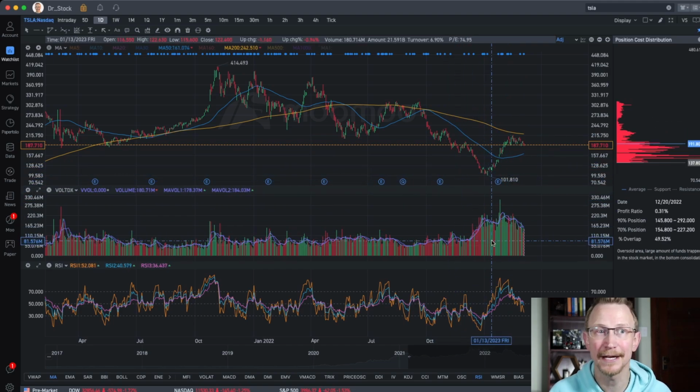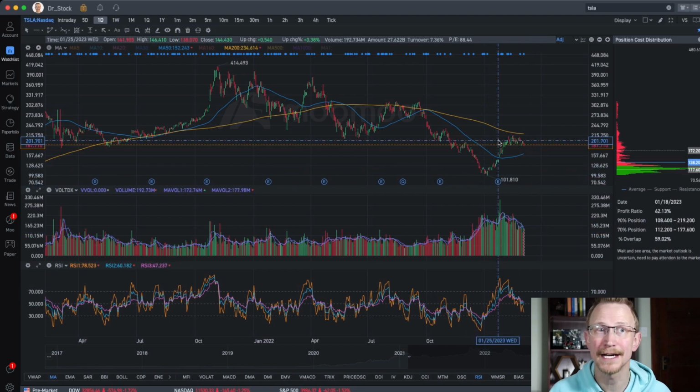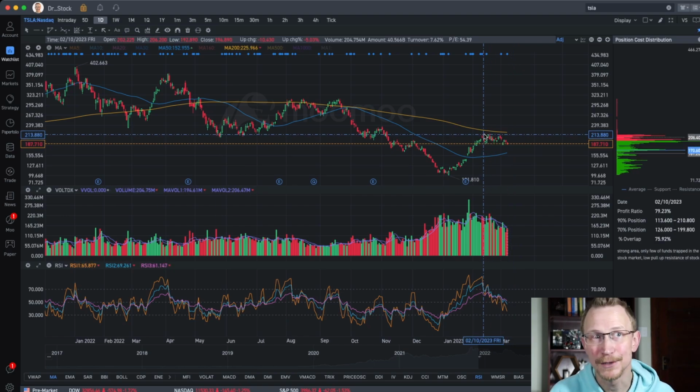Yeah, there's a lot of buying. You can see all this volume. It's a hotly traded stock right now. And in the RSI, depending on which one you go with, we are losing momentum on this stock and can see that through the rounded top that we have. So this thing did peak out right at around 212-ish, 214-ish is where we found resistance for Tesla stock,